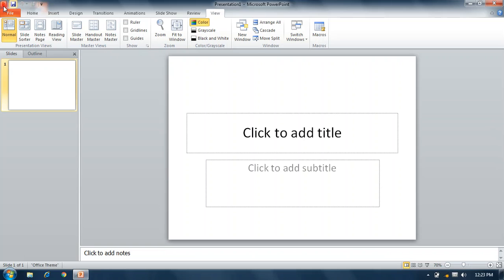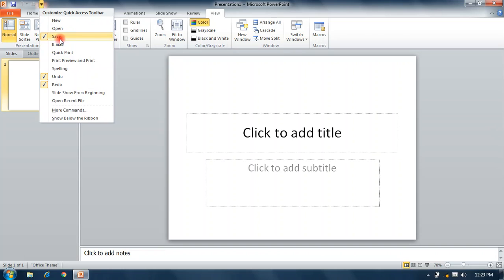This is the quick access toolbar. The quick access toolbar is used for quick access when we are doing our task and need some shortcuts. So these are used for that process. This is the drop-down to customize the quick access toolbar. We can customize from here, and you can see New, Open, Save, Email, Quick Print, and More Commands.